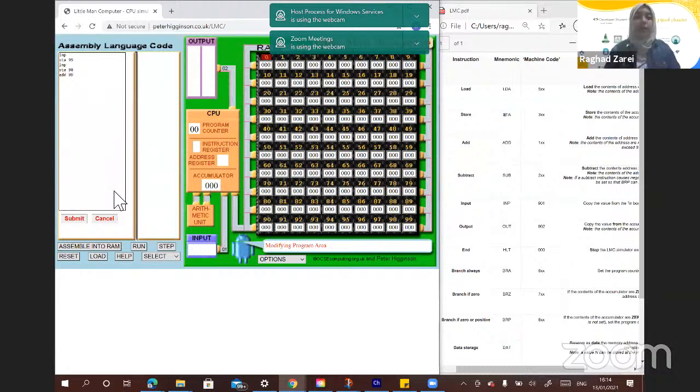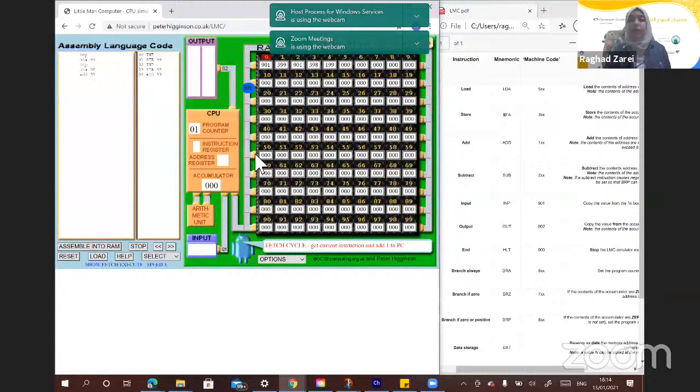All right, now let's try to submit and see how things happen. Now you can work on this on your own and you can see how things exactly move behind your computer. Of course, it's moving very slow right now. The CPU is going to fetch this instruction from the first location of the memory. It's going to process it. It's going to check the number of the instruction, which is 9, and then the address of it.